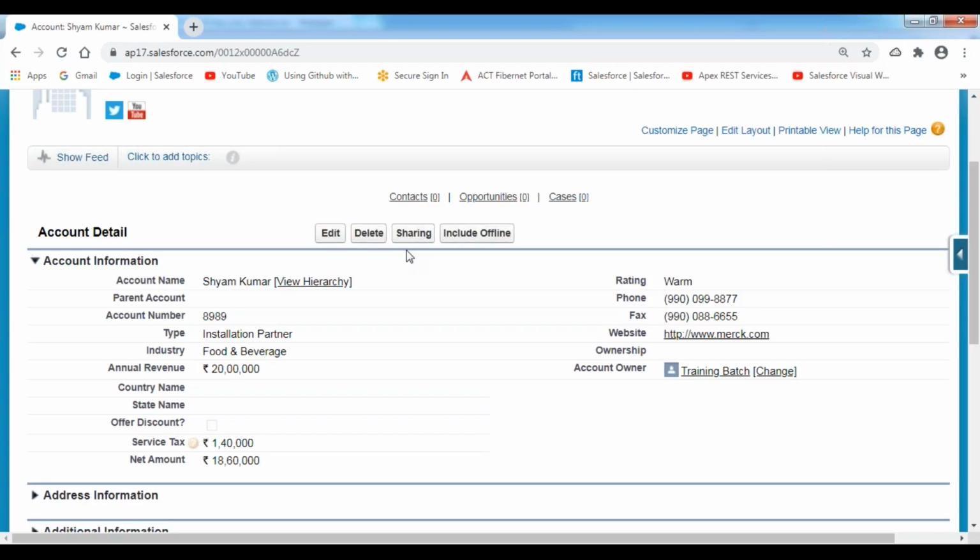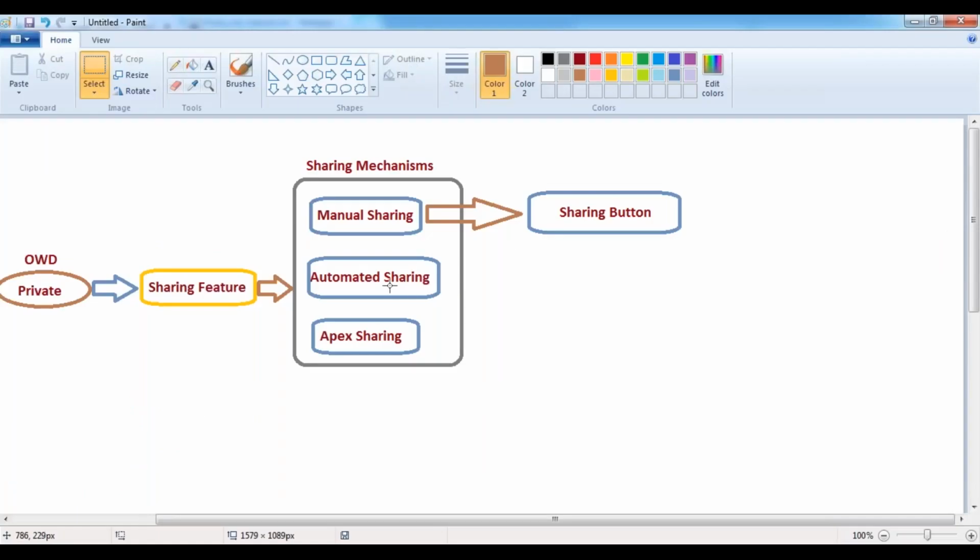To avoid that problem, Salesforce has given a feature called automated sharing. By using this automated sharing, we can share the record to the required people. How? To validate records, we use validation tools.